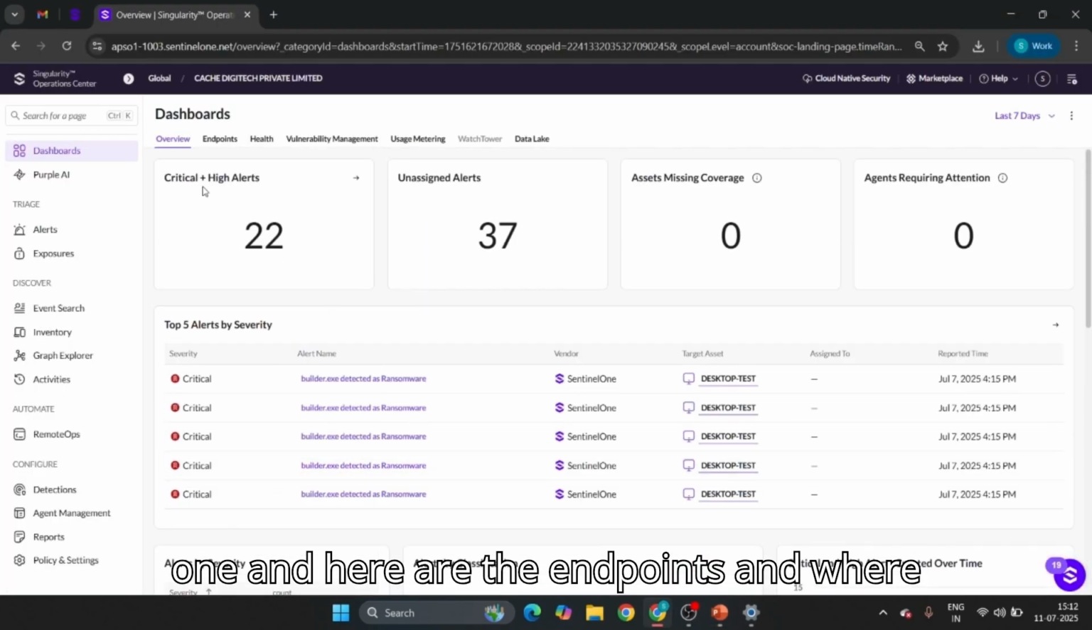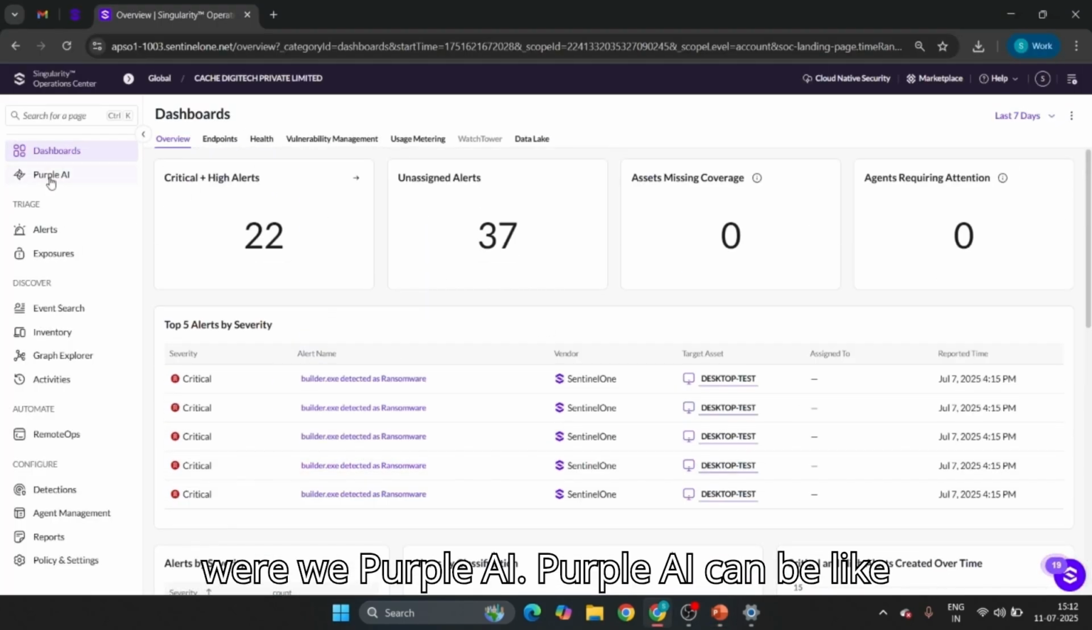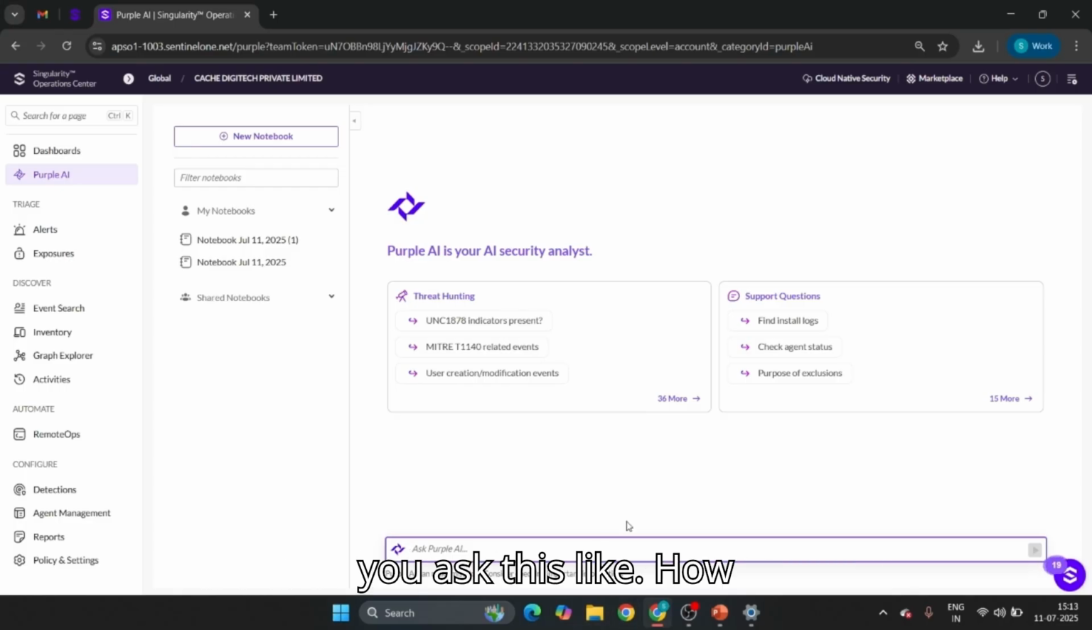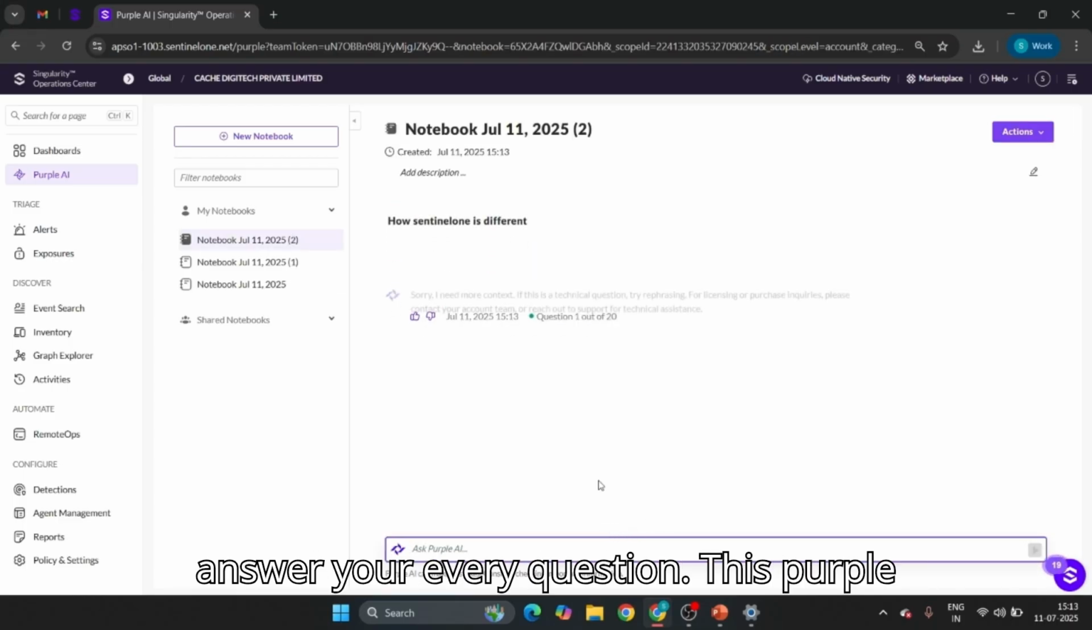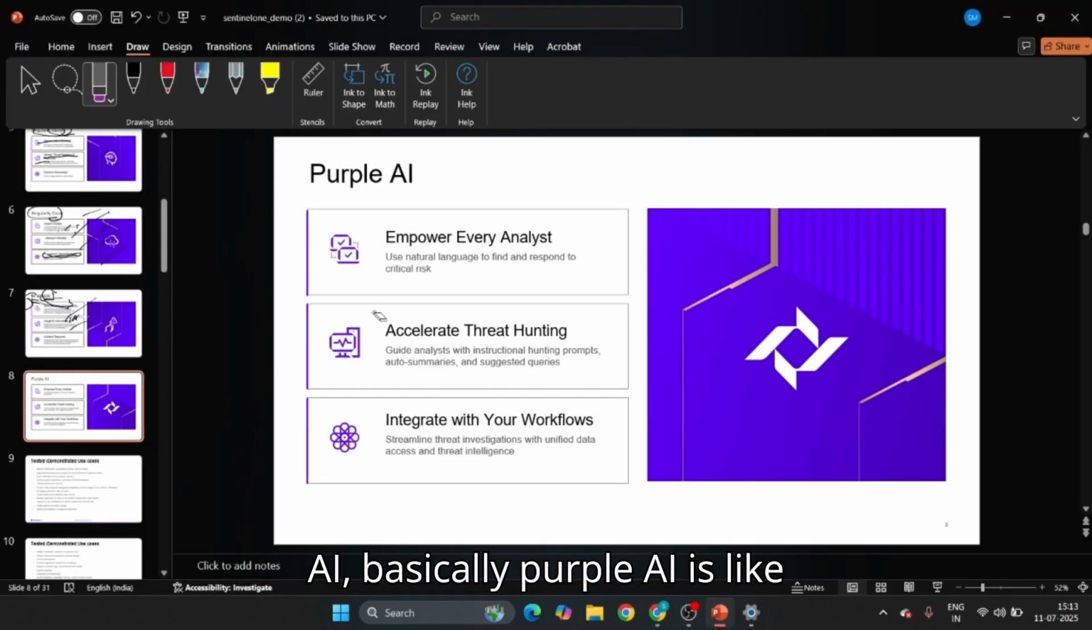And here are the endpoints. And where were we? Purple AI. Purple AI can be like, you ask this, like how Sentinel-1 is different, it will answer your every question. This Purple AI. Basically, Purple AI is like